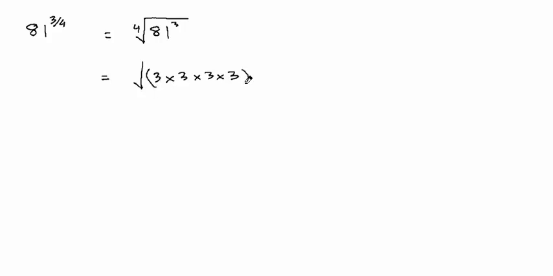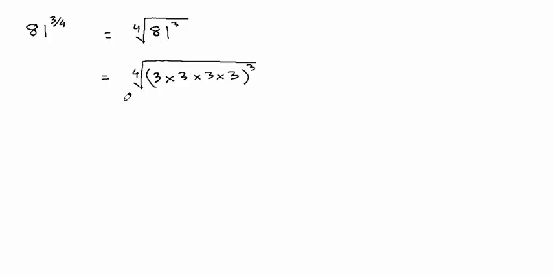Here's another one. Let's try and find out the value of the expression 81 raised to the 3/4, which is going to be equal to 81 cubed and the 4th root of that. Now if you look at this 81, it can be broken down as 3 times 3, which is 9, and another 3 times 3, 9 times 9 is 81. Therefore essentially we have 4 3's in 81, and when that itself is being raised to the 3rd power,